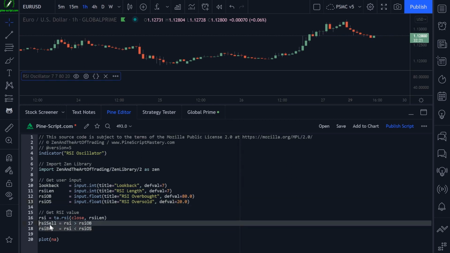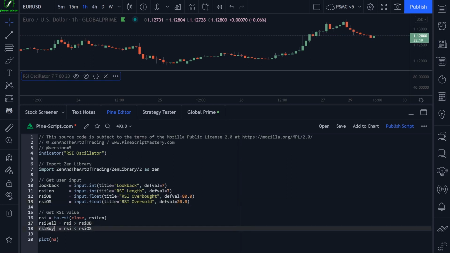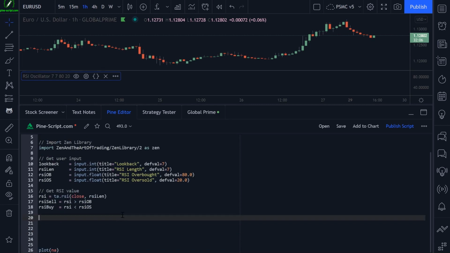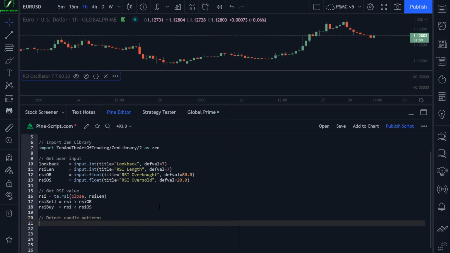Now we can use these 2 variables later in the script to tell the script when to draw signals onto the chart. But before we detect our signals, we need to get our candlestick patterns. So here I'm going to say detect candle patterns. As I said at the start of the lesson, you could write your own code here to detect whatever candlestick pattern you want. I'm going to just stick with bullish and bearish engulfing candles, as that is what the strategy was based on originally. So I'm just going to reference my library,